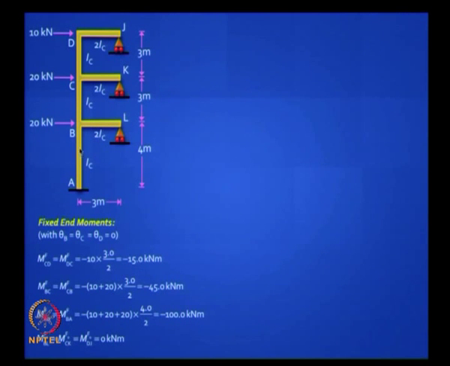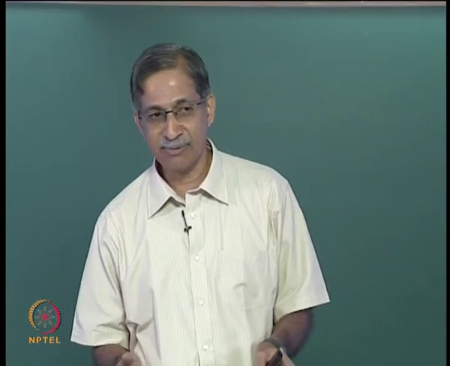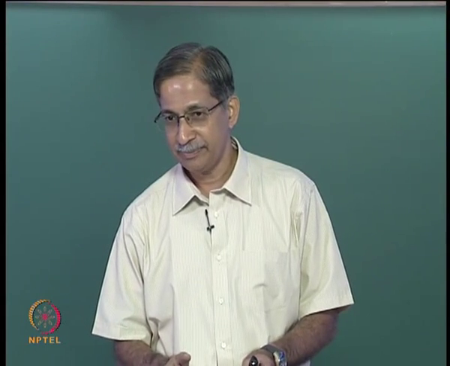Take the next floor. In the next floor, what is the shear in that column? It will be 10 plus 20, it will not just be 20, agreed, because that is the story shear. What is the moment you get? 10 plus 20 into 3 by 2 with a minus sign. And lastly, what do you do for AB? It is the total base shear, which is 10 plus 20 plus 20 into 4 by 2 with a minus sign. Is it clear? Do not go wrong here, because the shortcut requires you to look also at the fixed end moments and not just at the stiffnesses, then only you can take full advantage. Now you could have done the same problem the right royal way,